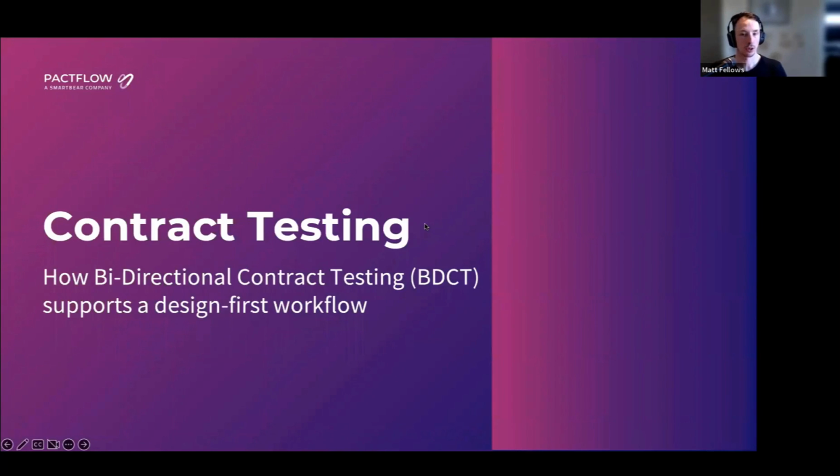Okay, so hopefully we all have a better view of the overall API development workflow now. As there is an abundance of materials and videos on how to implement a design-first workflow in SwaggerHub, we're just going to keep the rest of this session focused on how contract testing could augment this process. We'll then take a look at the specific features in Pactflow that will support it, and then look at an example that walks us through the steps we just discussed.